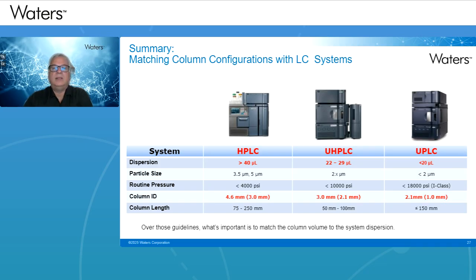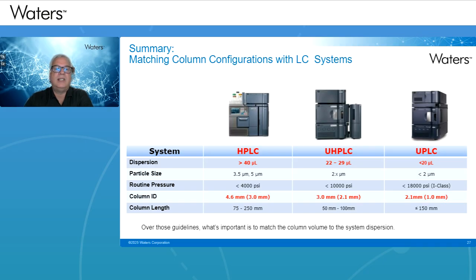Now, I will start with the UPLC. You can easily use a 2.1 millimeter ID or even a 1 millimeter ID if it's a long column. If it's a short column, you can use a 2.1 easily because the column volume, as we mentioned, 2.1 by 50 will be 170. So 20 microliters is not as bad as if you were using an HPLC.